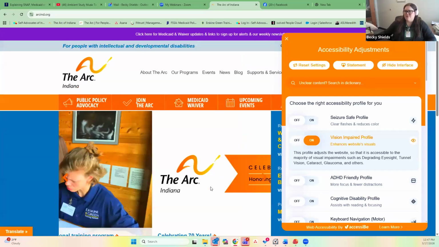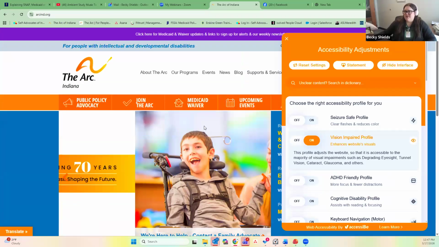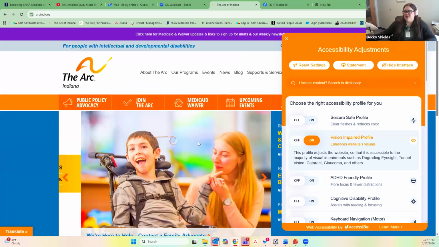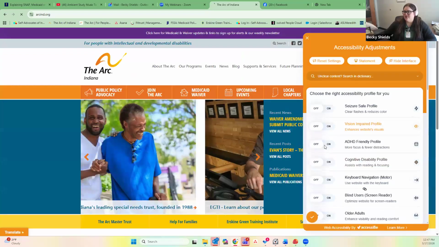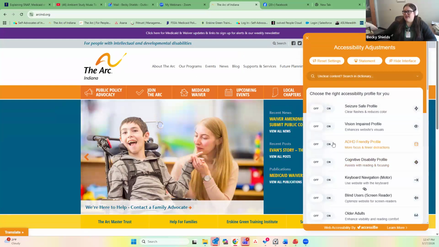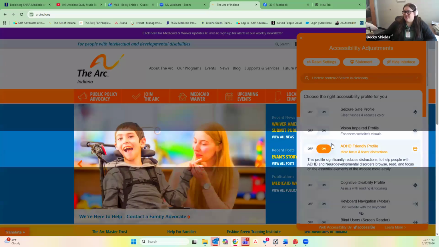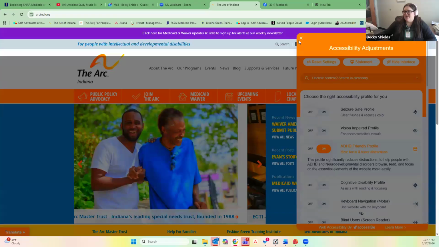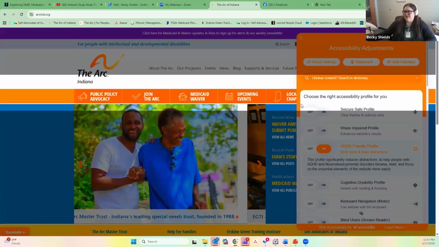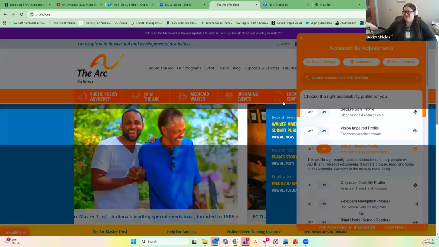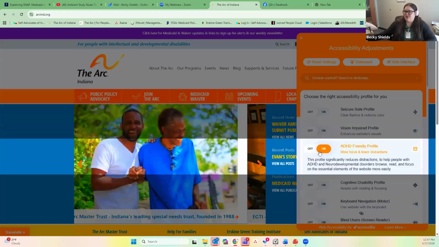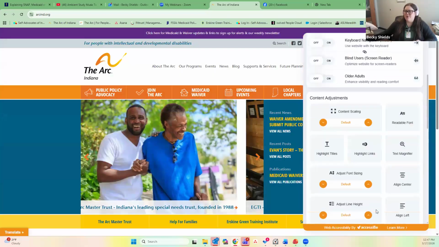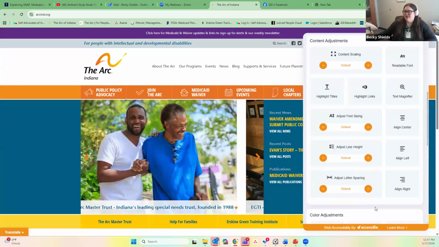Now I've turned on the vision impaired filter that has kind of changed the contrast and also made things a little bit larger. ADHD friendly profile: now you have a focused reading bar that goes up and down. This helps reduce distractions, helps you with your focus. So, very cool options. Most websites will have